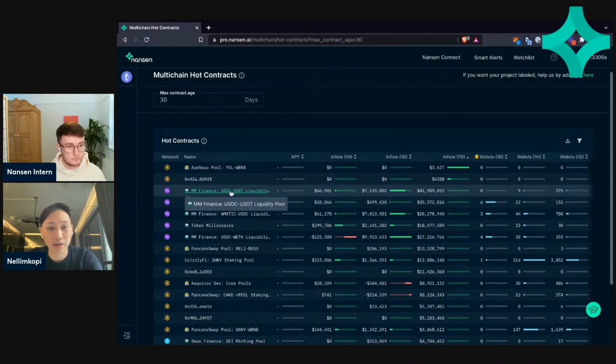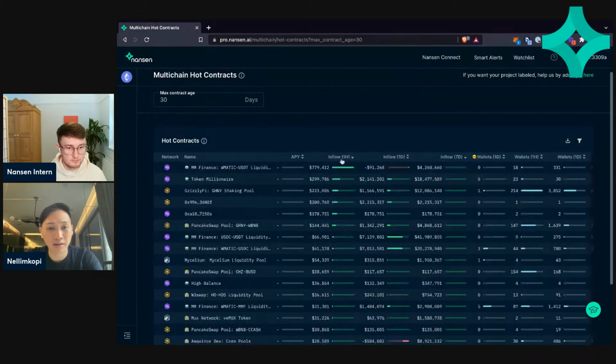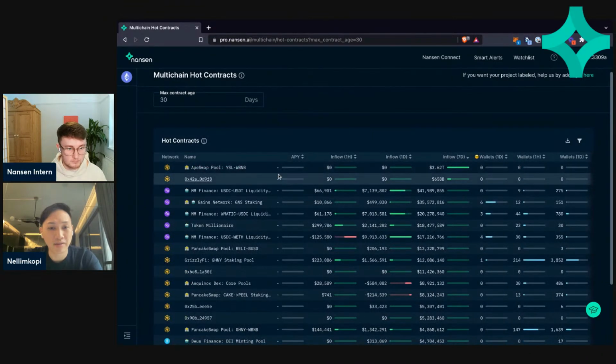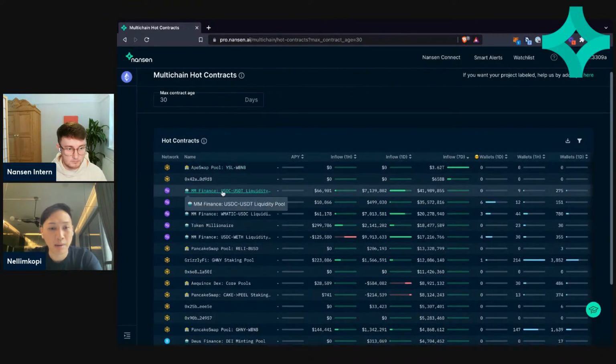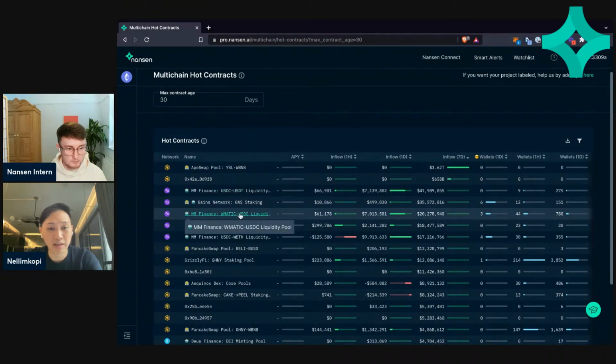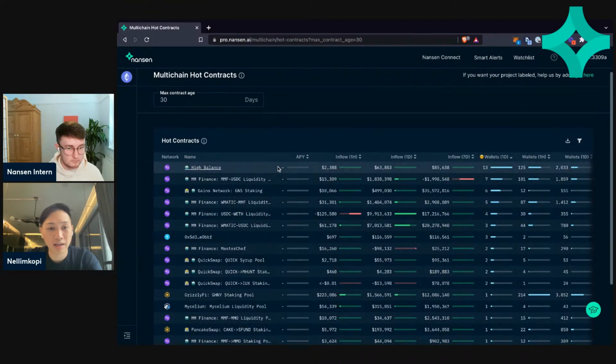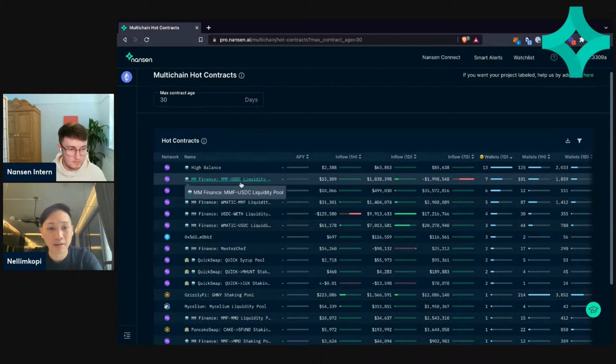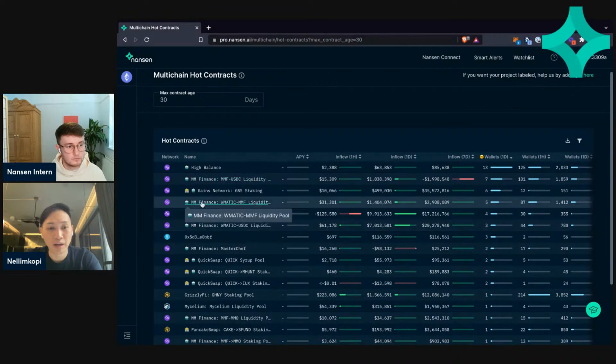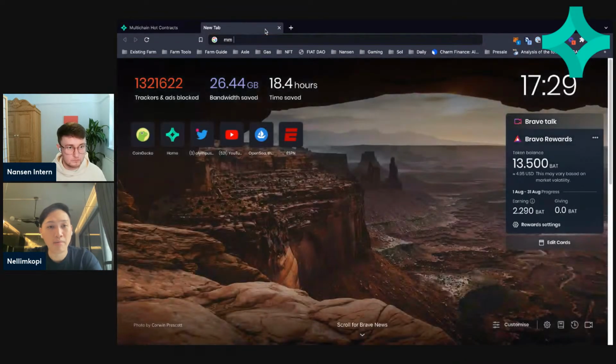You can see a couple of familiar contracts, right, on the 1 hour. So Finance here, right? If I look at 7 days, I see the same Finance, but this is a stablecoin liquidity pool, Finance here as well, right? And I can toggle by smart money and I see the same pattern, right? Seven smart money in this particular MMF USDC pool, right? Finance basically dominating this, right? So if you go on to Finance,